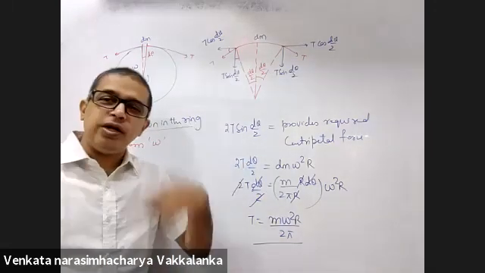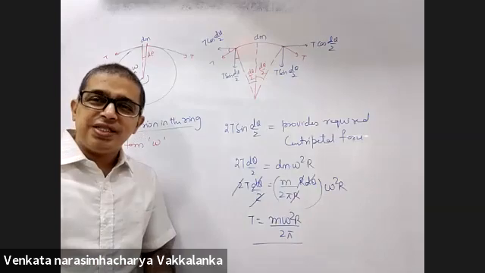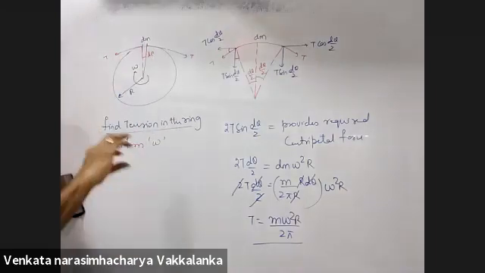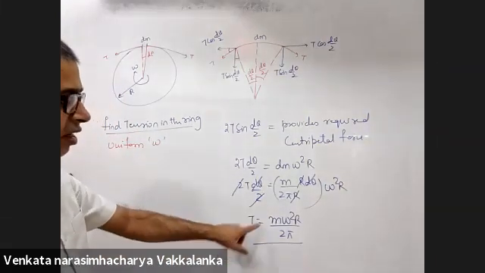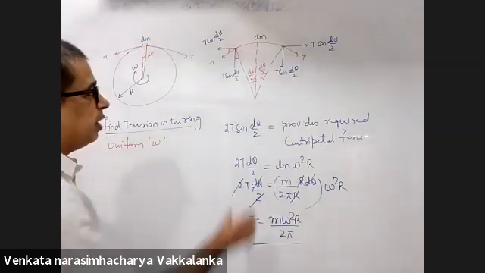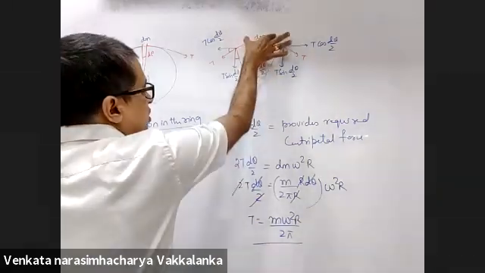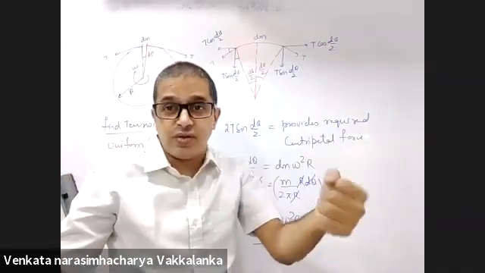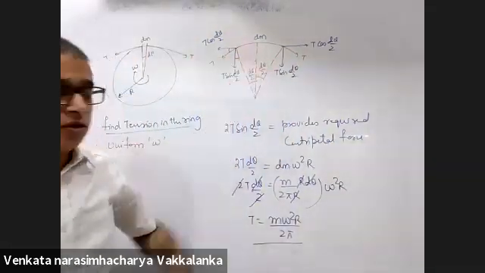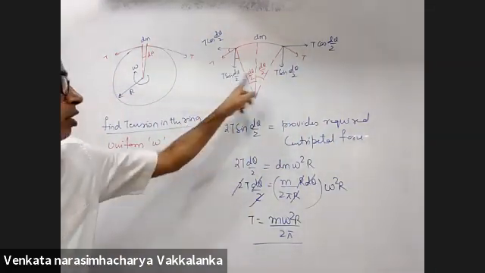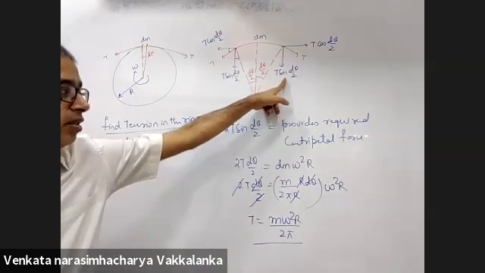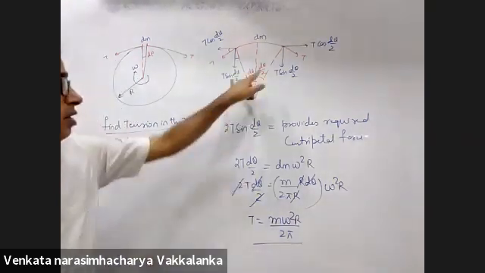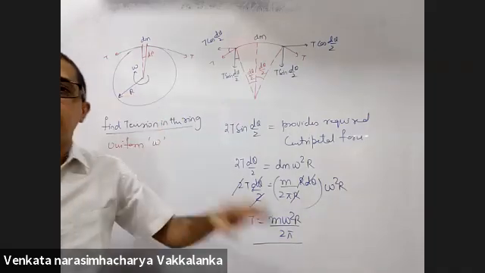HCV says it is a chain going around with a circular path. Generally, we say it is a ring going about in a circular track. So it may be a ring, it may be a chain, it may be anything. Tension developed is m omega square r by 2 pi. This procedure of considering a small element, tension stretching both sides. Tension always stretches. T cos d theta by 2, T sin d theta by 2 and T sin d theta by 2 provide the required centripetal force. Right? This system should be remembered. We'll use it in 4 to 5 chapters.